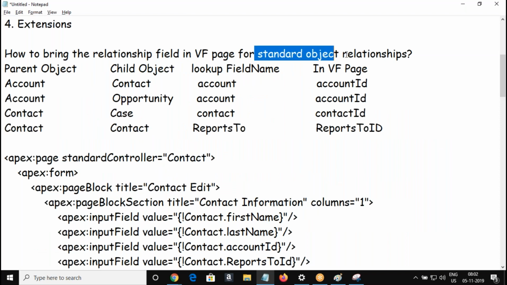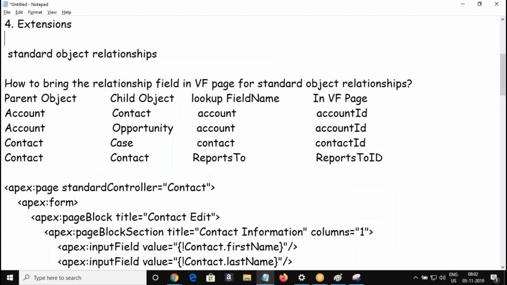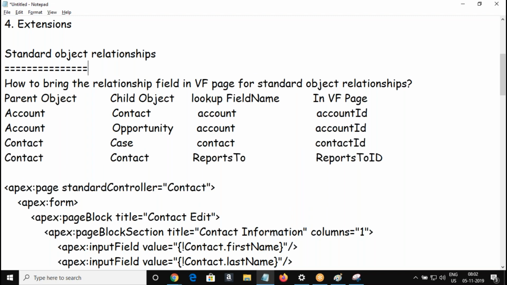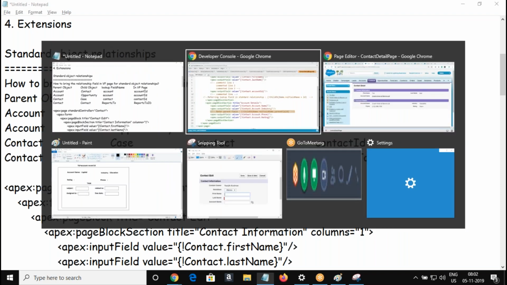Whatever we discussed is for your standard object relationship. So how does the naming convention apply to refer to the similar lookup field and parent field in the case of a custom relationship, the relationship that we defined?